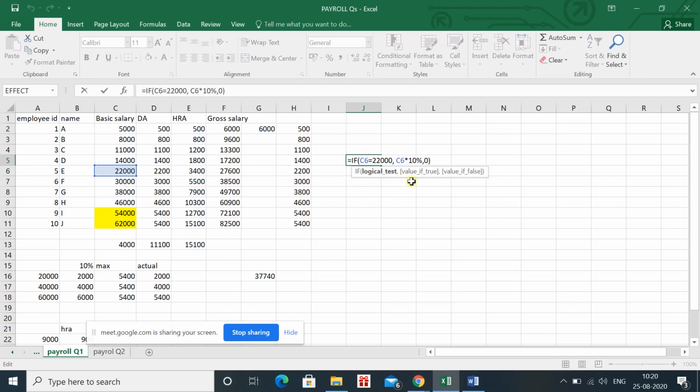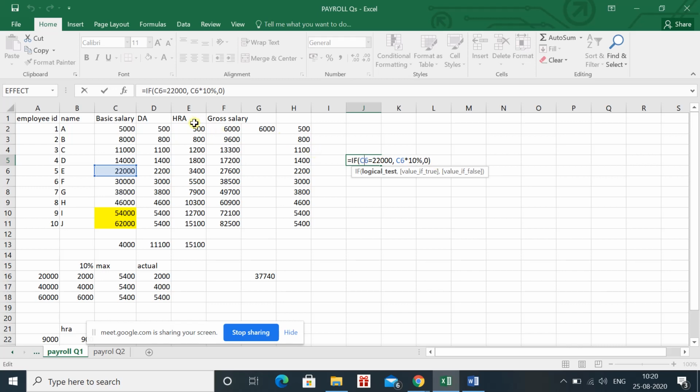So in this way we can apply the if function. If this condition is fulfilled, what I want is a formula value, it will apply the formula and give it to me. If it is false, then whatever I want, text, number or formula, you will get it. If you want 0, it will give you 0. If you want false to be written, it will give you false. So you can see that within this formula I have applied two conditions. One is that if it is true, then what I want. If it is not true, then what I want.